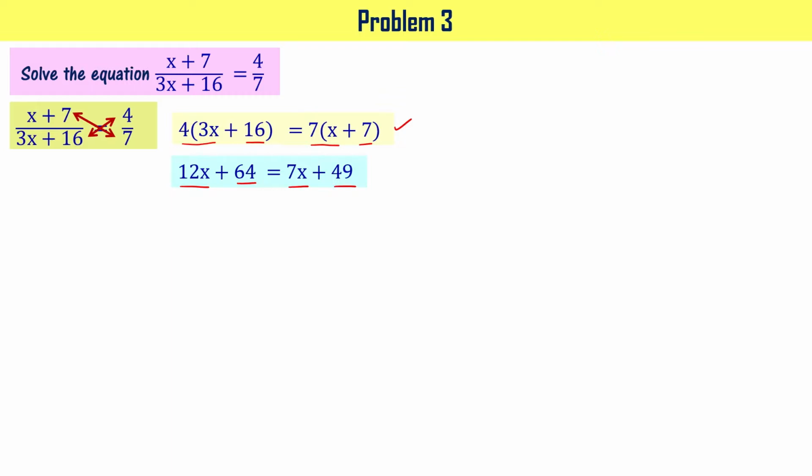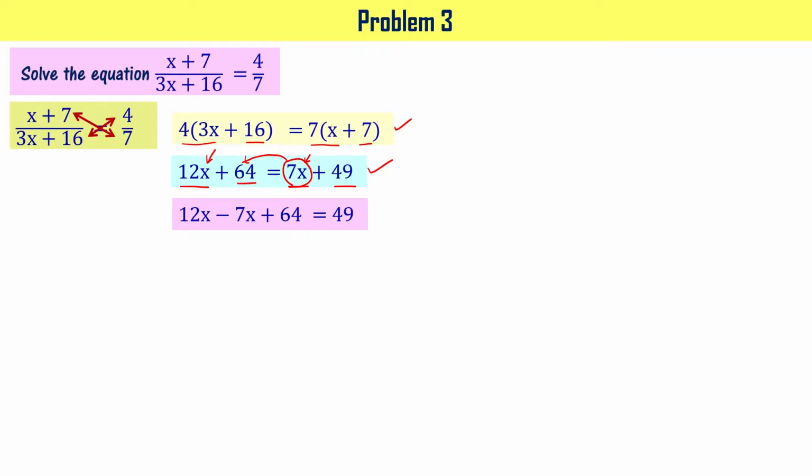Now this is the equation we know, right? We have variable x on both sides of the linear equation. We know how to solve this kind of equation, right? For that, what we do first is we transpose 7x to this side, and we can transpose 64 to the other side, so that the terms containing the variable are on one side and the constants are on the other side of the equation, right?